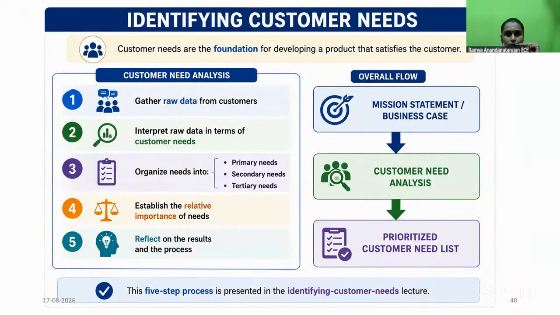Okay. So now we'll go to the current week, that is identifying customer needs. Understanding the customer needs is the most important thing in design. Customer needs are the foundation for developing a product that satisfies the customer. Customer need analysis includes gathering raw data from the customers, interpreting the raw data in terms of customer needs, then organizing the needs into primary needs, secondary needs, and tertiary needs. After you organize the needs, you have to establish the relative importance of the needs, and reflect on the results